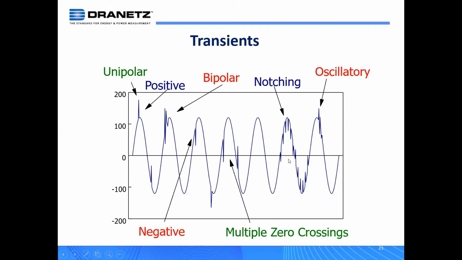Then you have multiple zero crossings. Now, multiple zero crossings are interesting because it's a transient, but it can also affect other measurements or other things that are done within the facility. What I mean is that there's still a lot of basic circuits out there that count time or clock based upon zero crossings or transitions. So they're counting your frequency. A lot of times it's positive going, negative to positive. So I have one zero crossing